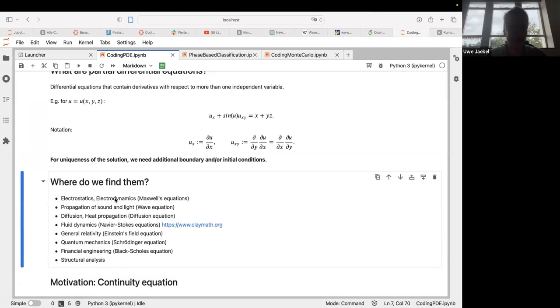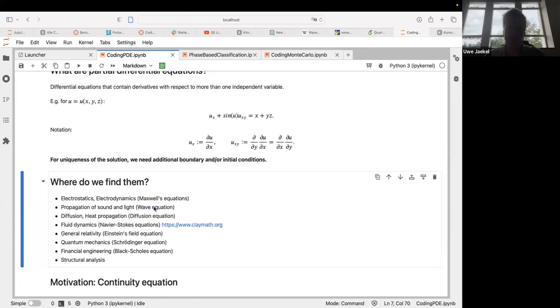Where can we find differential equations? For instance, we can find them in electrostatics or electrodynamics, because Maxwell's equations are a system of linear partial differential equations. The propagation of sound and light is governed by a partial differential equation, the so-called